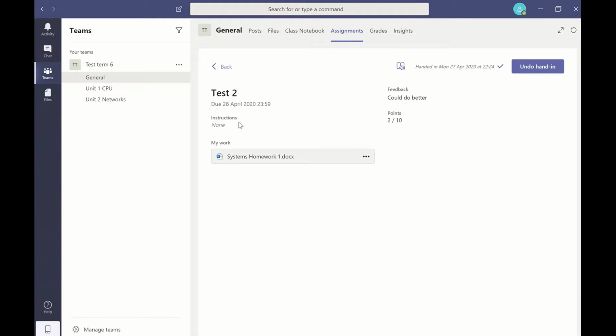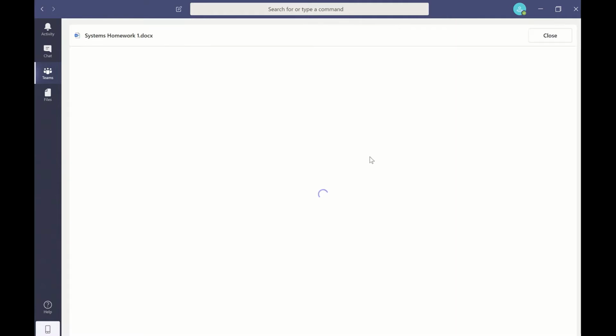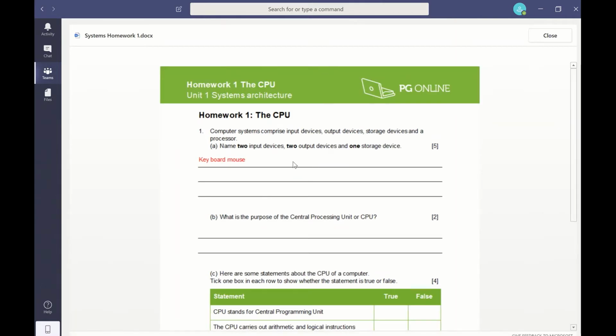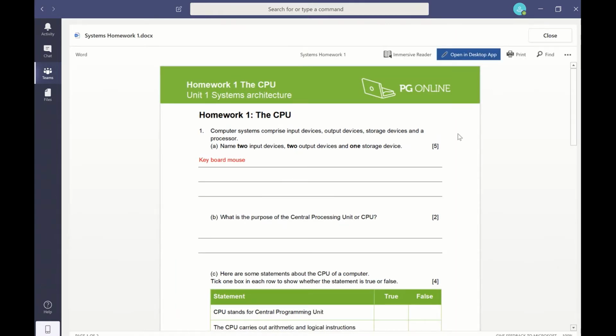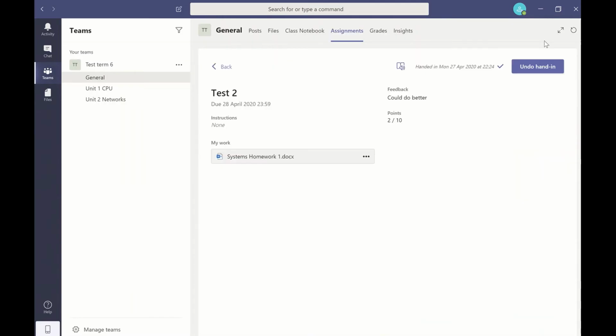There wasn't any instructions for this particular one, but the instructions would appear there. It shows how many points are there and the feedback, which I was just mucking around with, putting "could do better". I could undo the hand in because this is not due in until the 6th. If I wanted to look at the work, I can just click on the work and it will open it up, and I can open and edit. But because I've handed it in, I'll do undo hand in,